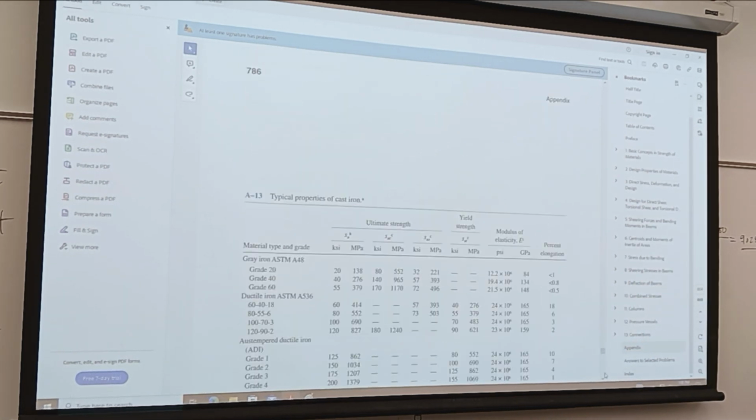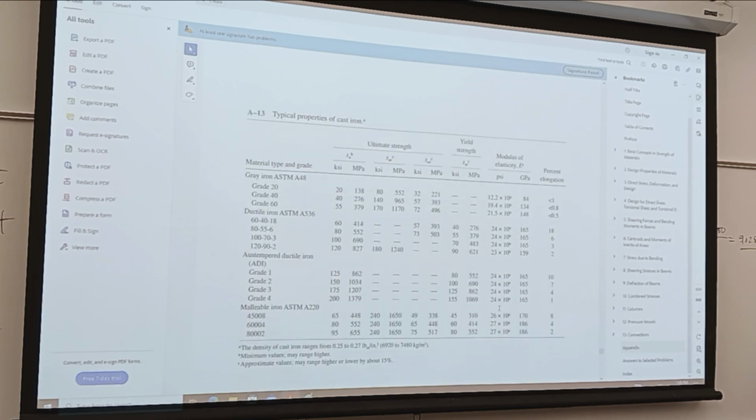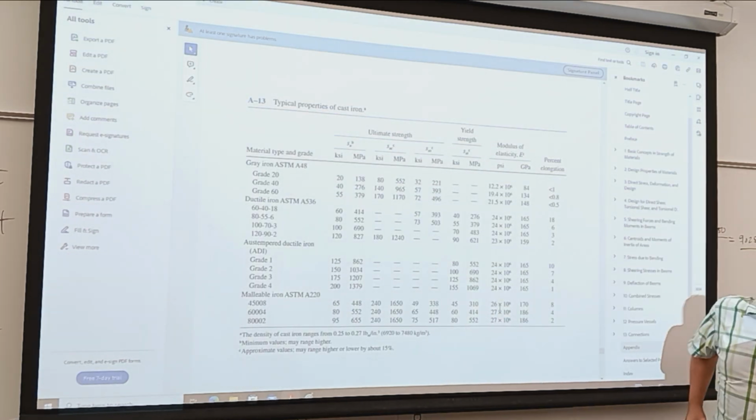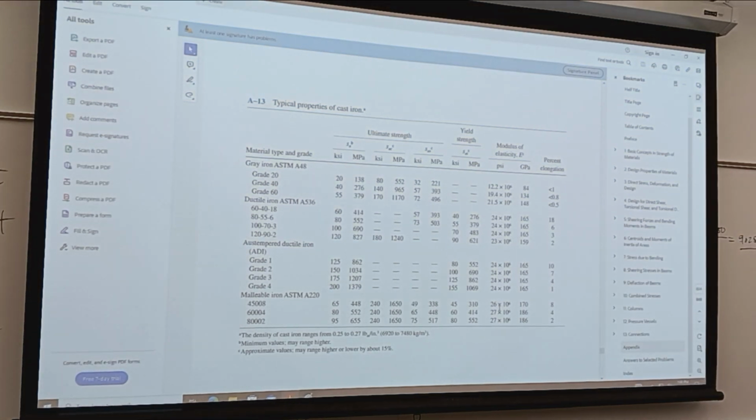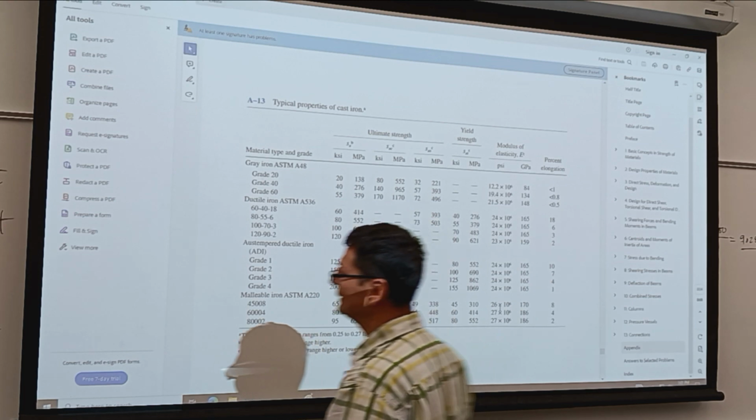And cast iron. Okay, cast iron. Do you know what cast iron is? You had material science, right? What's cast iron? Cast into a mold. Just because I said cast iron, well, it's iron. Okay, it's iron, and